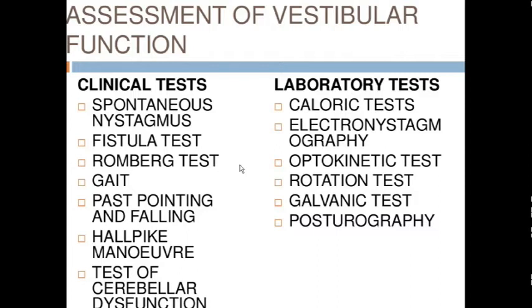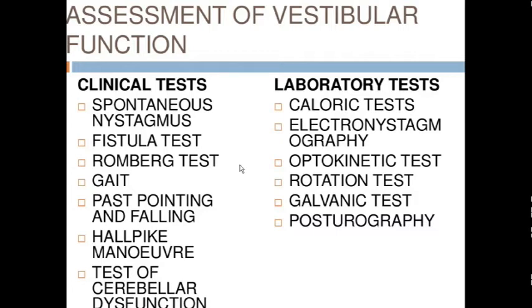A person who is a bit dizzy, suppose you have skipped your breakfast, you have not eaten, now by 2 p.m. you will feel dizzy. So that is a sense of giddiness, hypoglycemia, but that is not vertigo. Vertigo is when, even when the patient is sitting at rest, everything around him is spinning. Get my point? That is true vertigo. That's the first thing you have to ask the patient, whether he is having true vertigo or not.